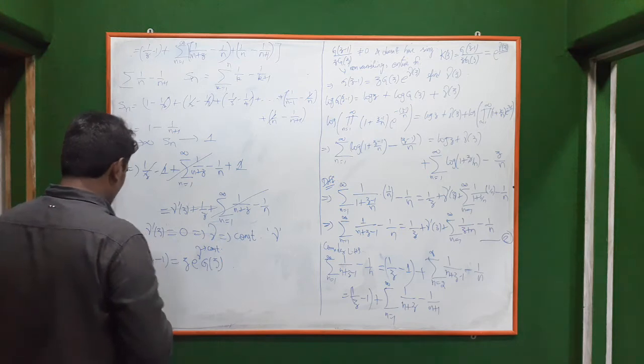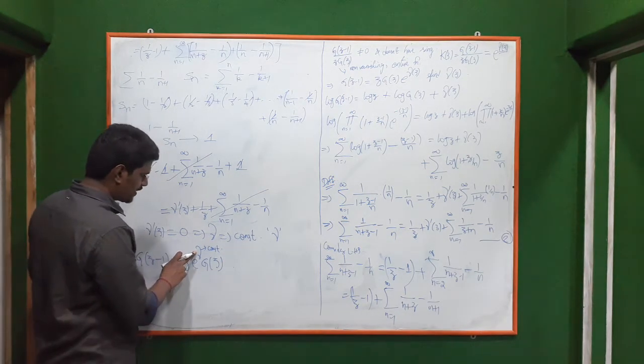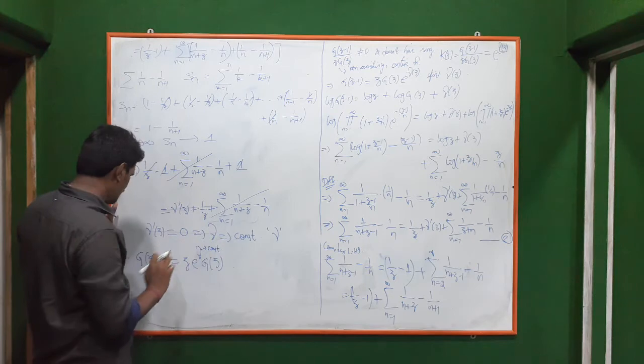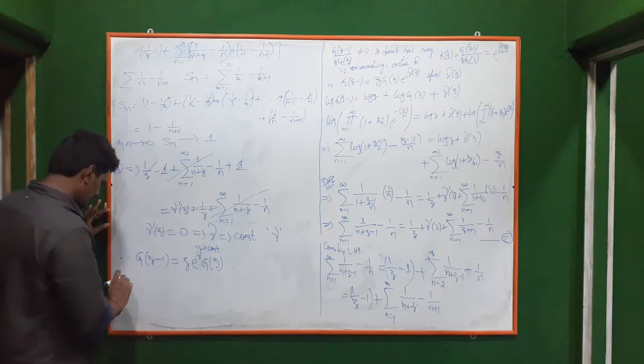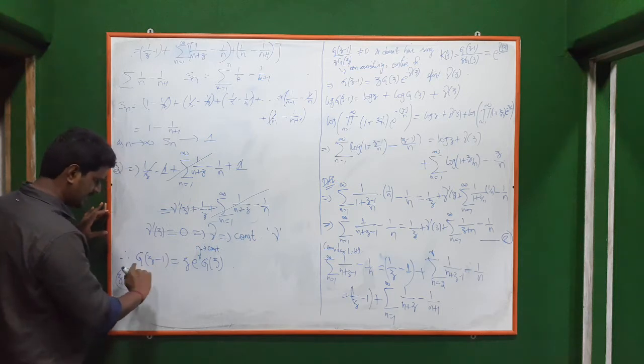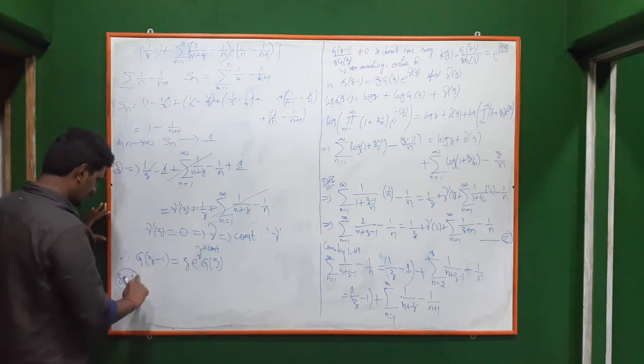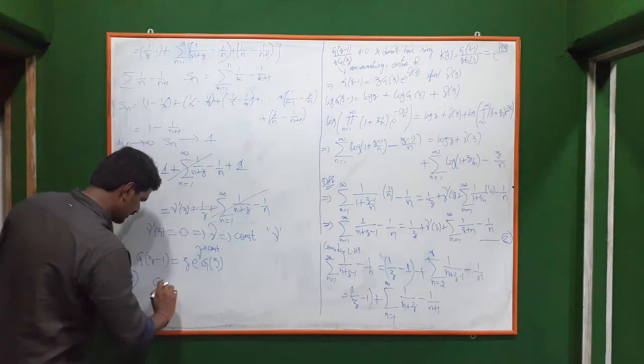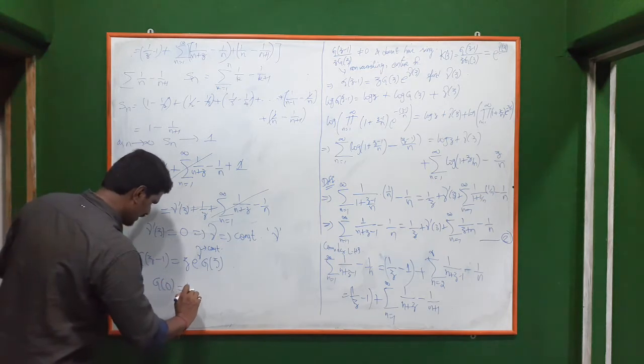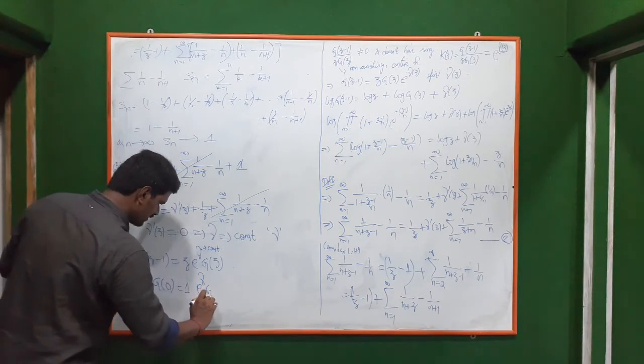We have to find that gamma. Gamma is constant, we have told. But what is that constant? That we have to find, correct? So we will find that constant. Put z equal to 1 here, then this will be 0, so it will be easy to find gamma there. So if z equal to 0, this will be what? G of 0 is equal to 1 into e power gamma g of 1.